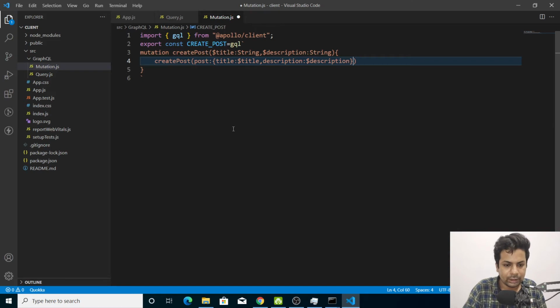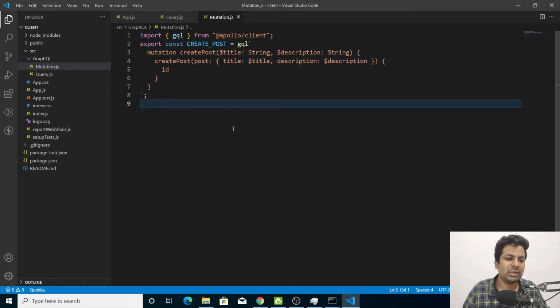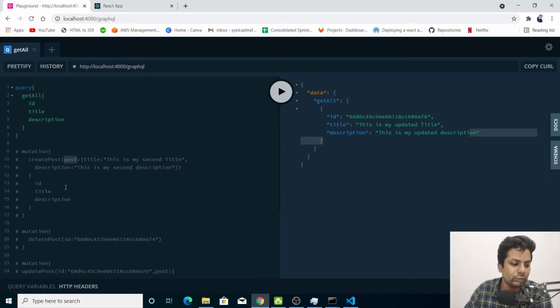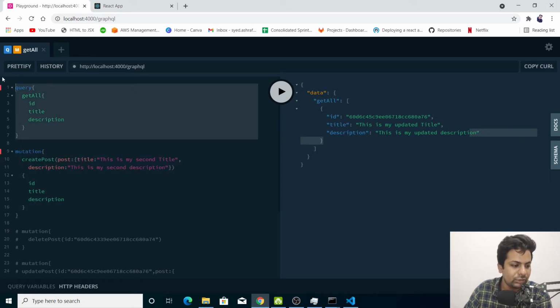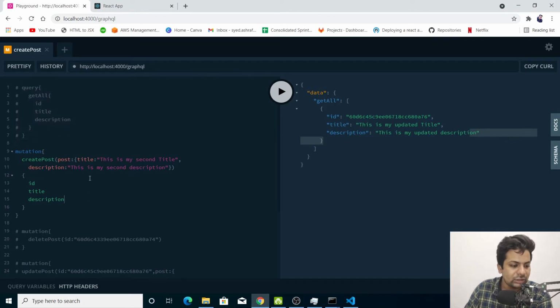Okay, now in return what we need, I think we'll just make ID in return. We'll just need the ID. So basically you were thinking, if we are creating a post, suppose we want to create a post, so what we'll do if we want to create a post, let me just remove this. In this we just have to pass this create post, and that